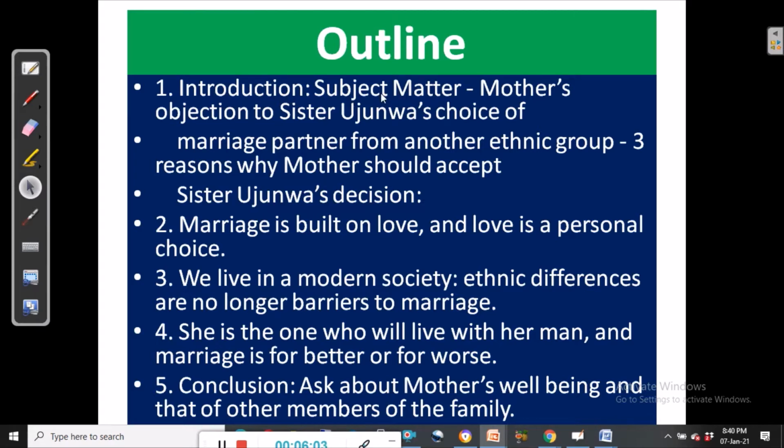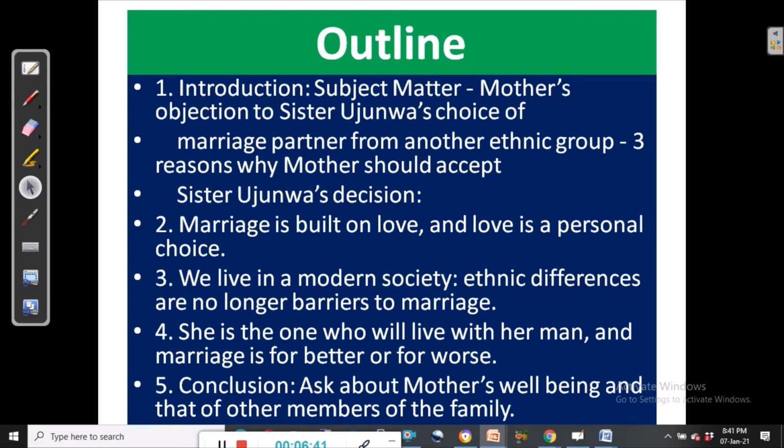Your introduction should contain the subject matter, which is mother's objection to Sister Ujunwa's choice of marriage partner from another ethnic group. We have invented a name that we assume is a sister who wants to get married. Then the 3 reasons why mother should accept Sister Ujunwa's decision. All right. Now we have to understand that this is the subject matter, because this is what we have been